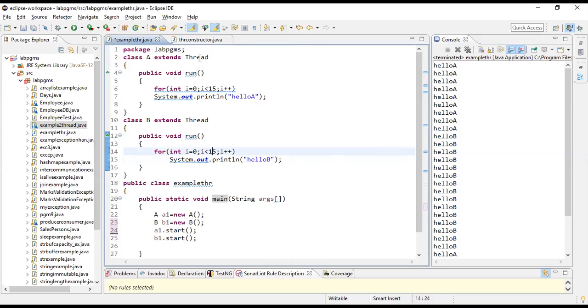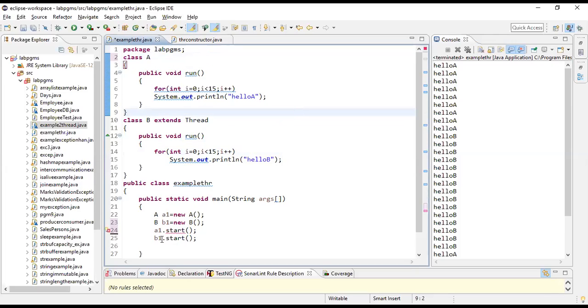So now we'll be seeing another way of creating threads. This is the simple way. Class A extends Thread. That's it. Your A is a thread now. Whatever properties a thread is associated with will by default apply to A also, because it is extending. Similarly for class B also, whatever the properties are associated with thread will by default apply now to class B also.